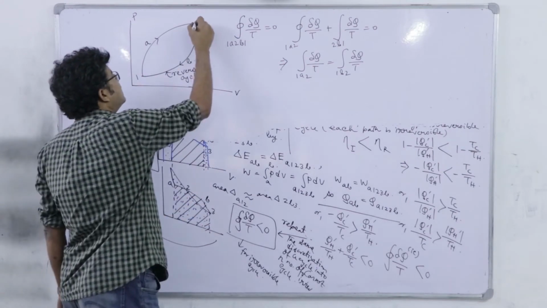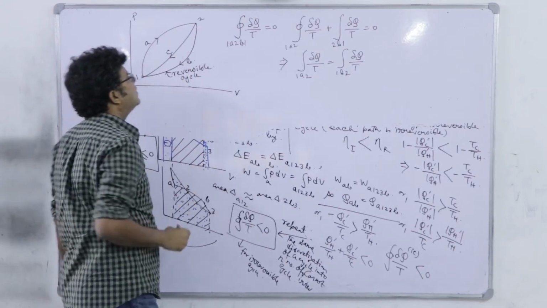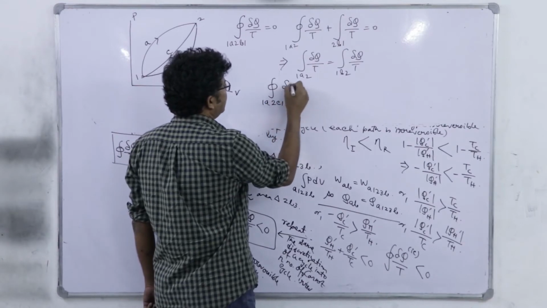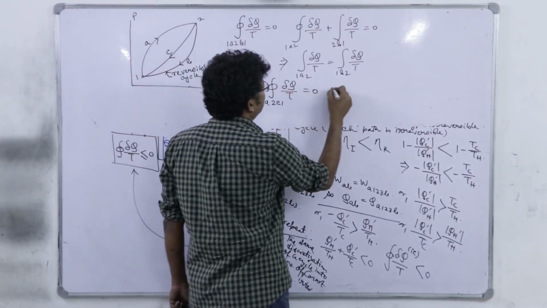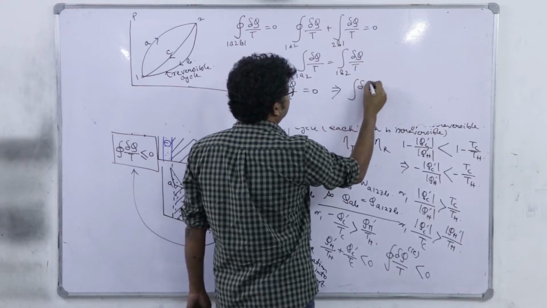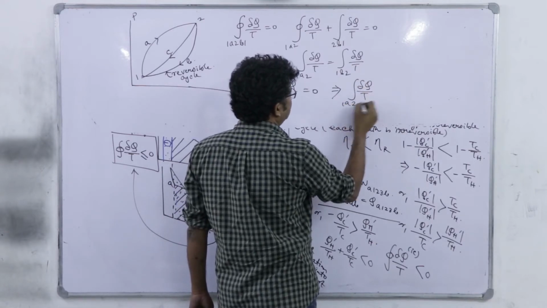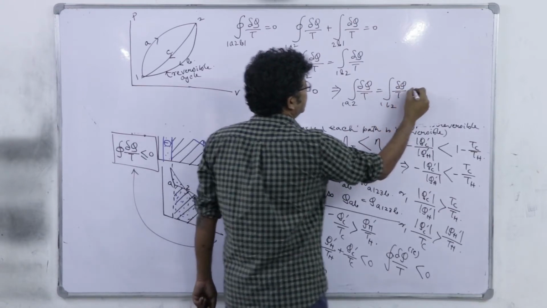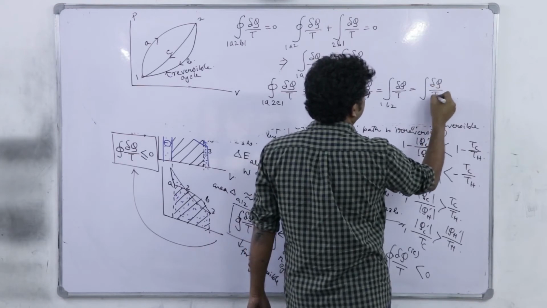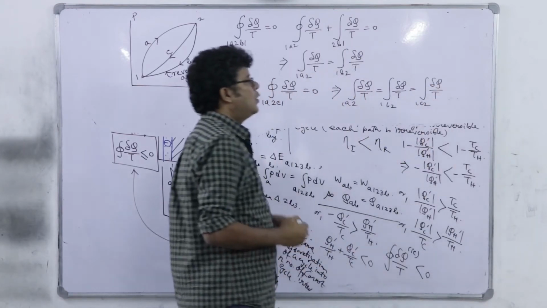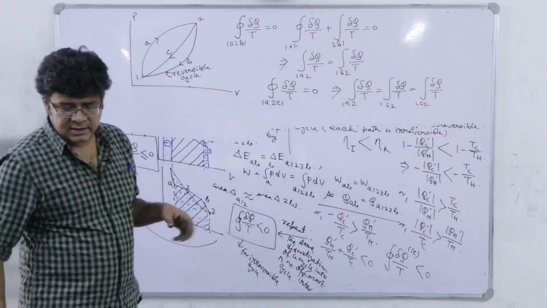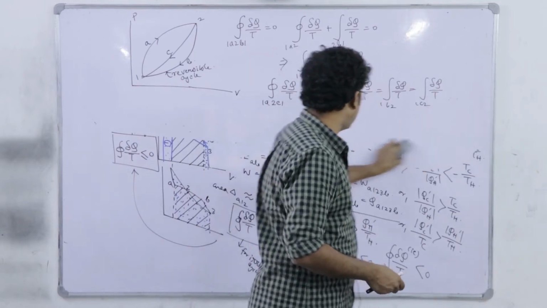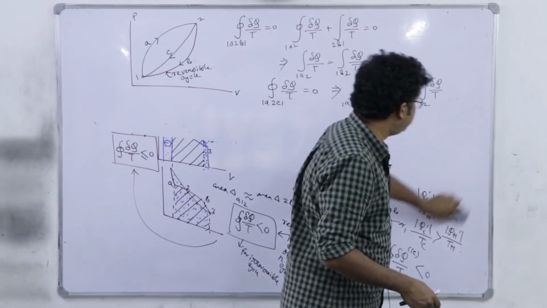Now, if I attach another reversible path, say C. Now, for cyclic integral 1A 2C1 del Q by T is 0, and from there we can conclude that del Q by T along 1A2 equal to 1B2, which we have proved already, is equal to del Q by T along 1C2. So, del Q by T for a reversible process is independent of the path, it depends on the state.